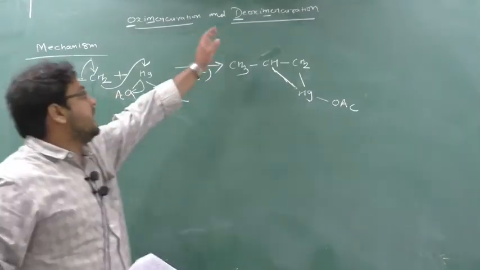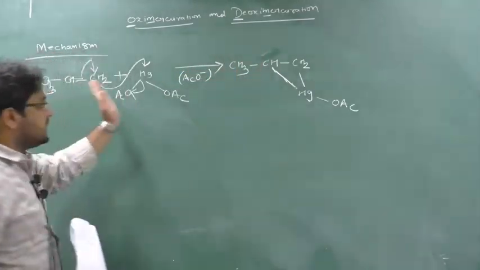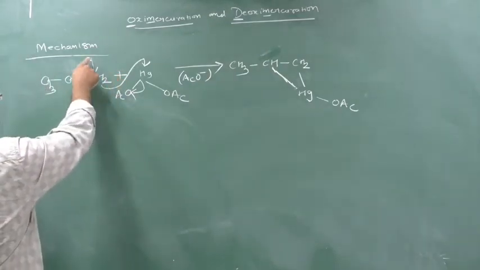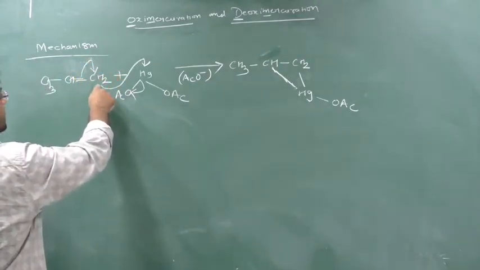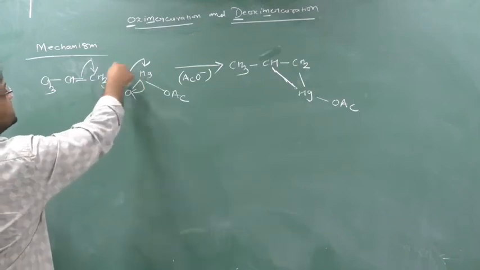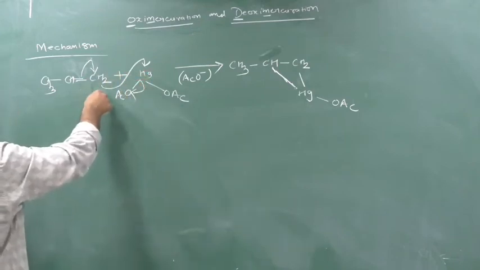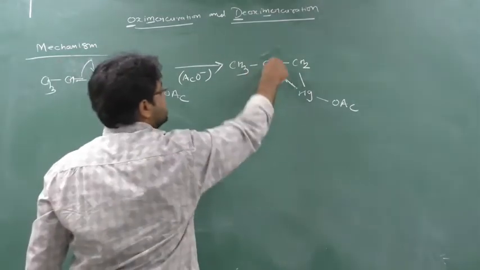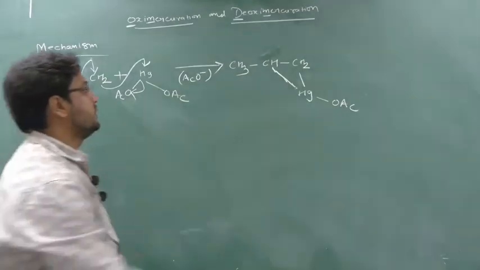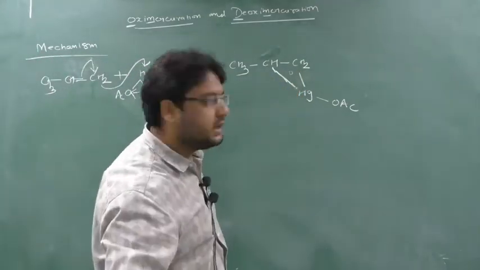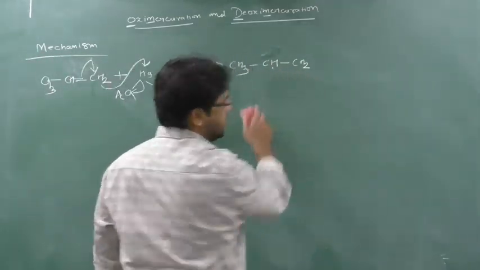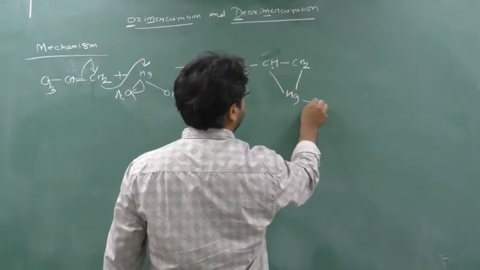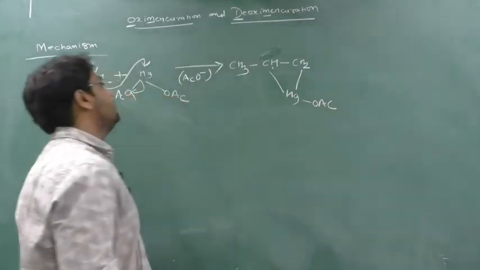As soon as this occurs, in microseconds, nanoseconds, what happened? This bond breaks and directly joins with Hg. As Hg is joined to this CH2, OAc will be removed, and here it will be showing plus. As soon as it shows plus, Hg will give its electron and forms this one complex. This is one complex. Clear? So actually formation will occur in this way. Here there was an Hg, OAc. Clear? So there will be a cyclic complex.